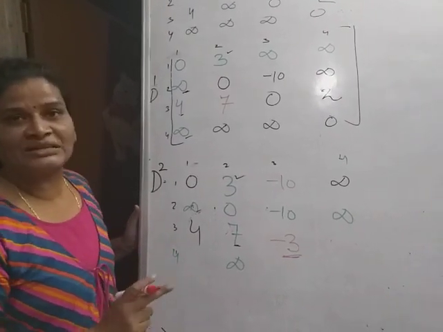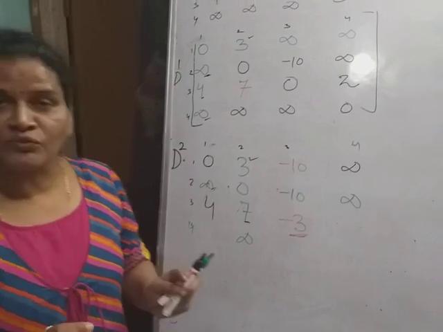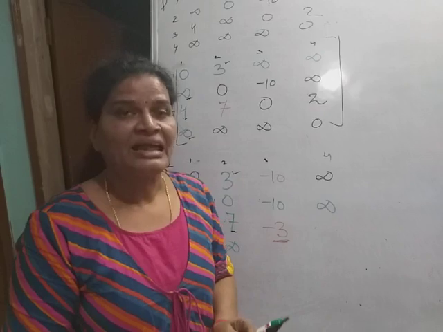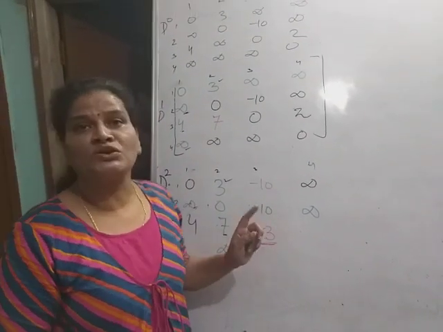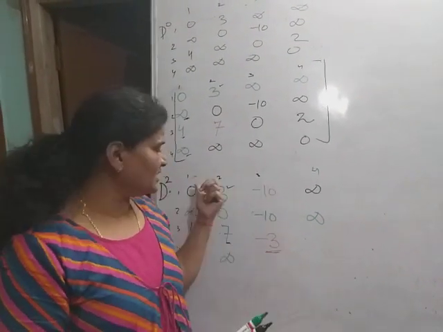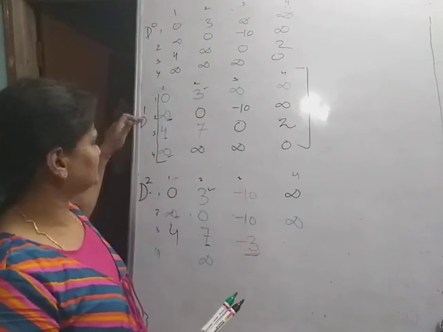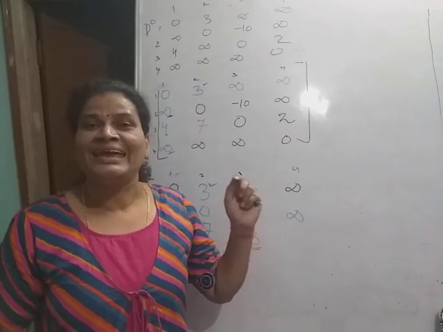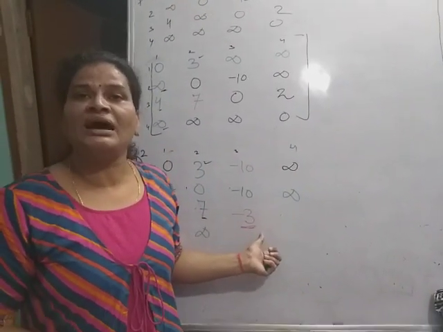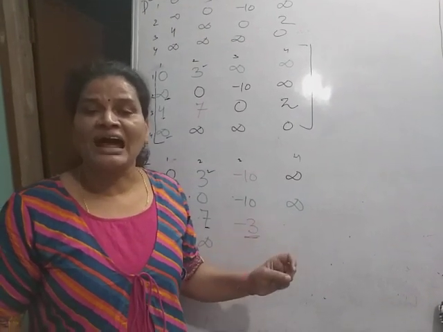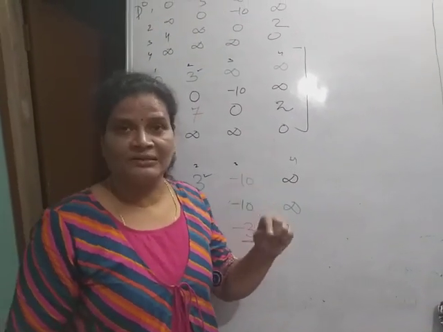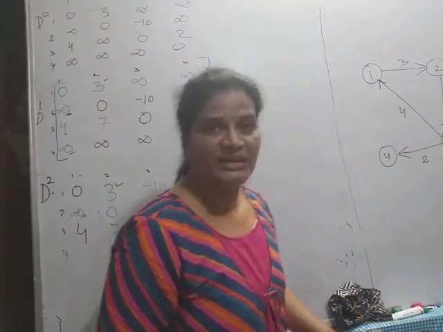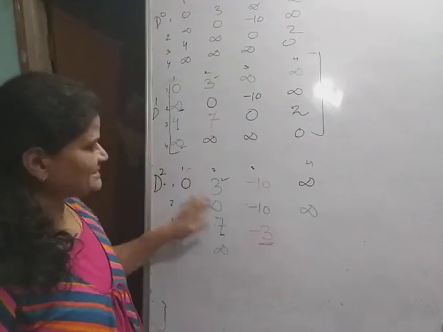So always remember that the Floyd-Warshall algorithm does not work properly when the graph contains a negative weight cycle. The Floyd-Warshall algorithm is also used to check this. When you have generated d1, d2, d3 and so on up to dn, after that you can check if any of the diagonal elements is negative. It means the graph contains a negative weight cycle.